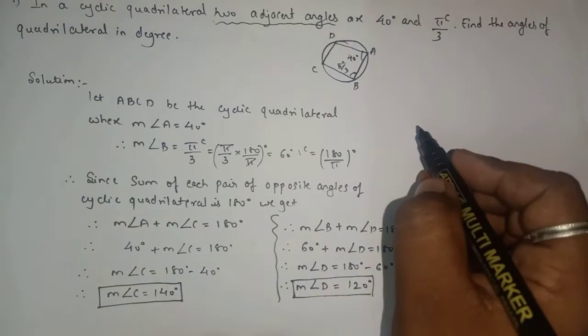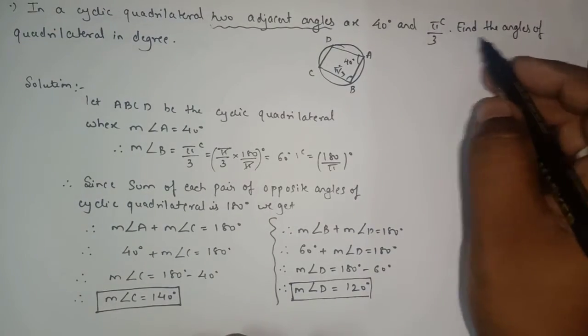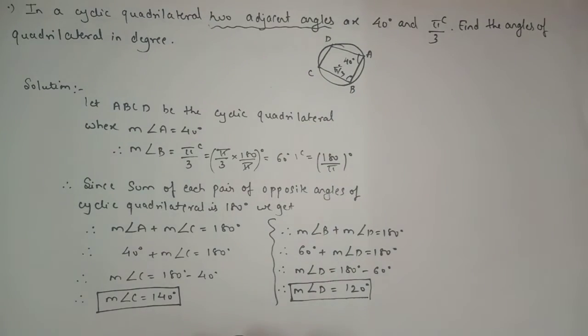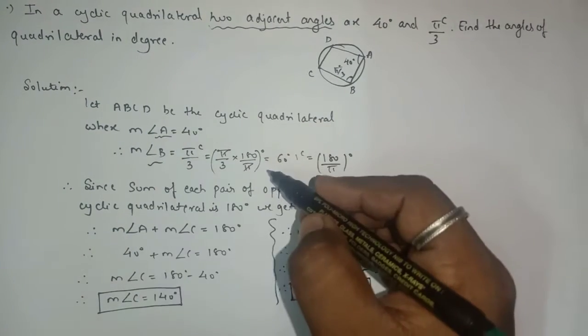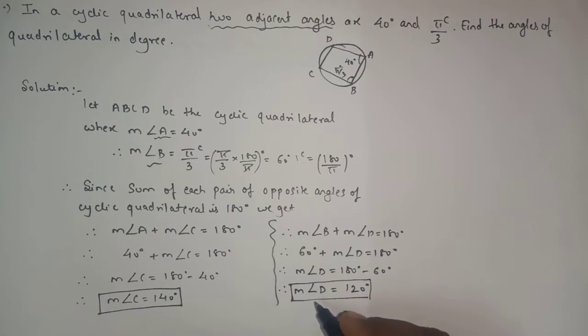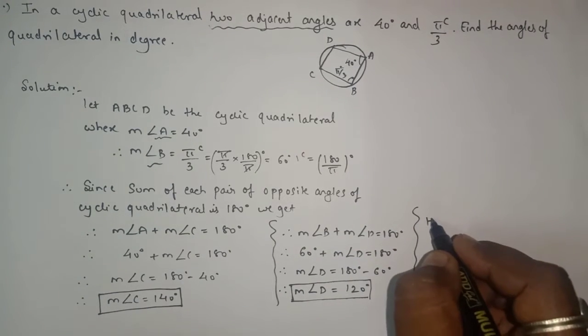Okay. So in the final step, we have to find the angles of the quadrilateral in degrees. So here, the measure of angle A is 40, measure of angle B is 60, measure of angle C is 140, and D is 120. So in the final step we'll write: hence